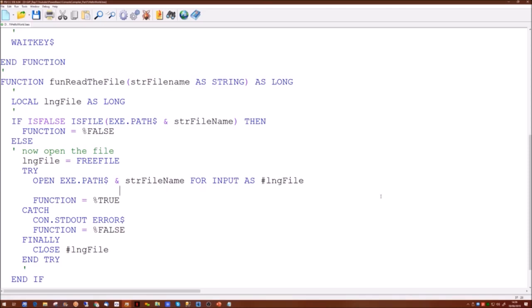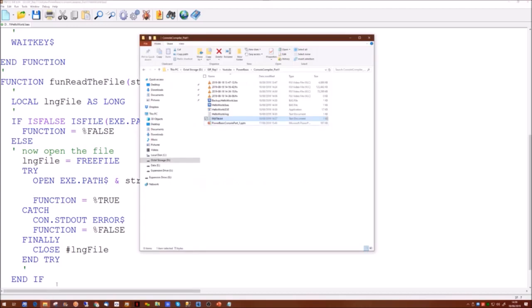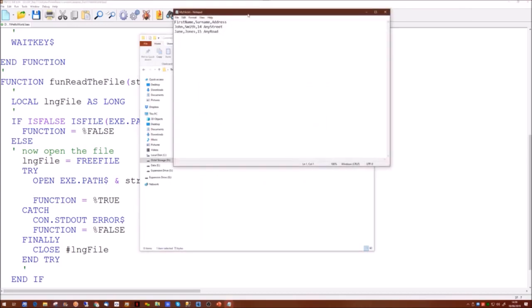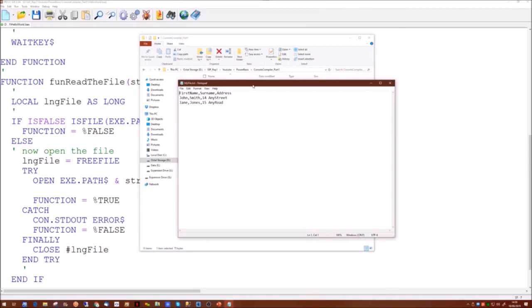Now, we've opened the file, but we haven't done anything yet. We want to actually read the file in. When we looked earlier at the file itself, when we created it, there's our file and there's our text. So we basically have three lines in. We have a header line, which contains the name of each of the fields, and we have 2 data lines. This could be just 2 data lines, or it could be 2 million data lines. It doesn't really matter from the point of view of what we're actually doing.